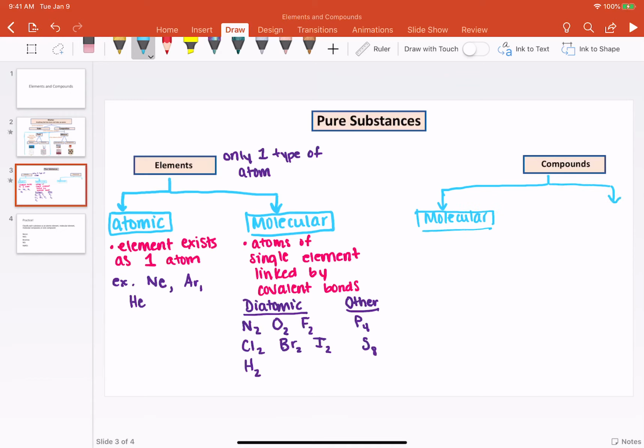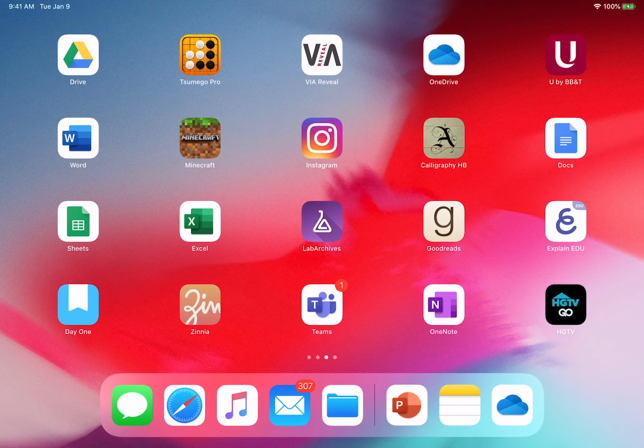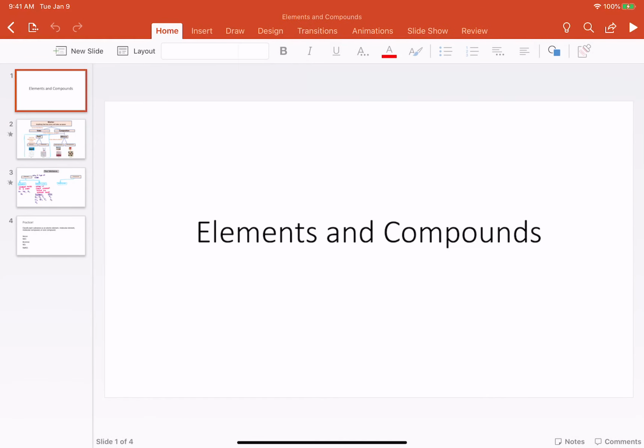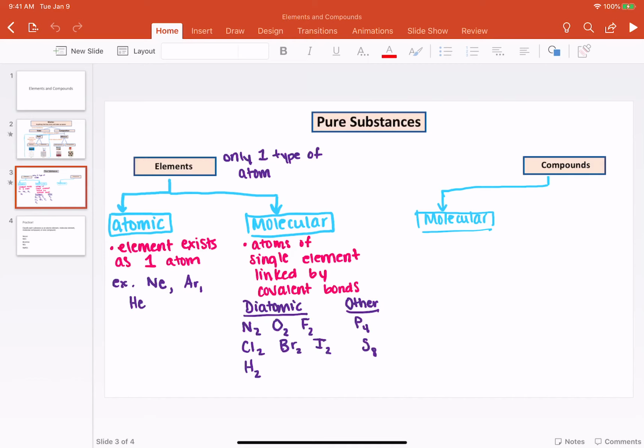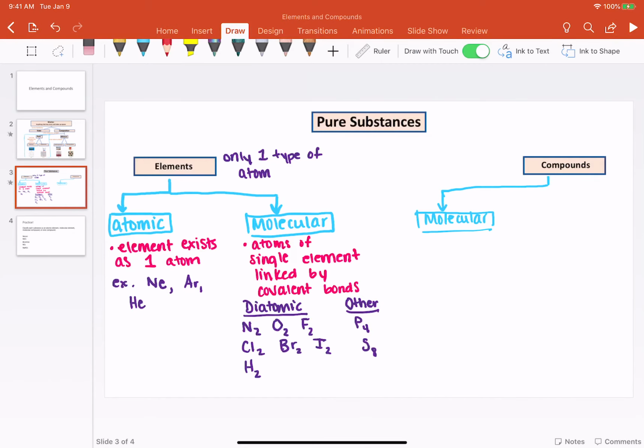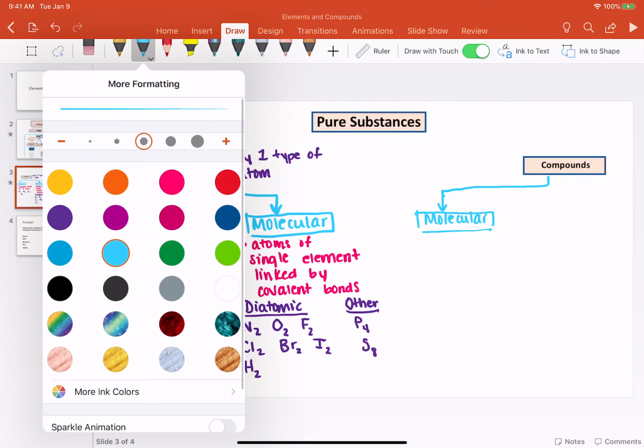And we have ionic compounds. And the difference between these depends on the type of bond that we have. So starting with our molecular compounds,